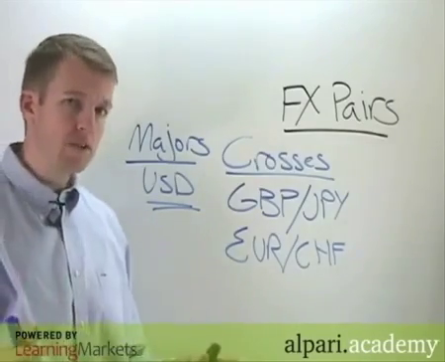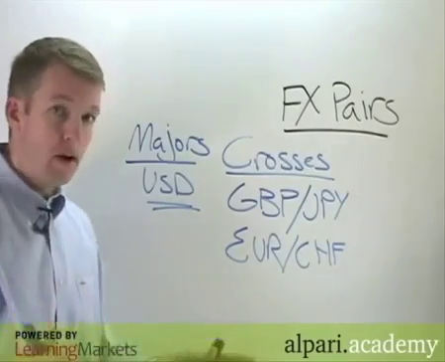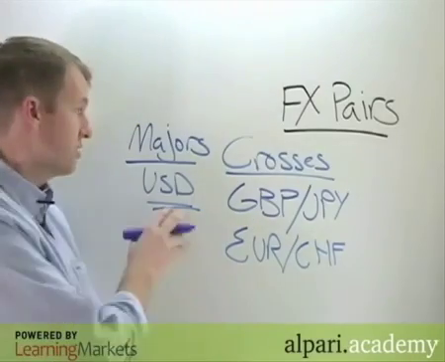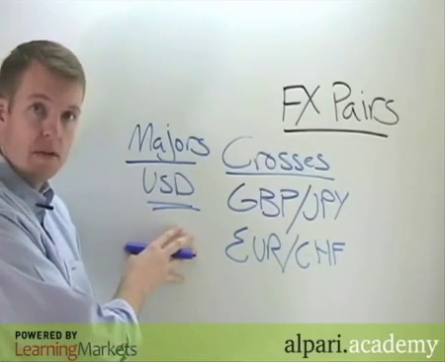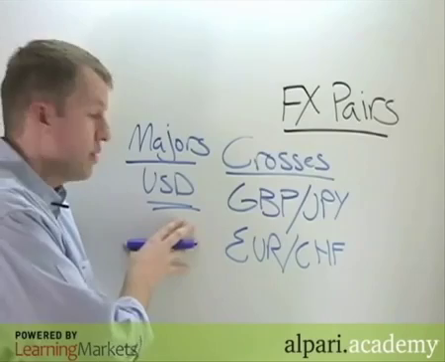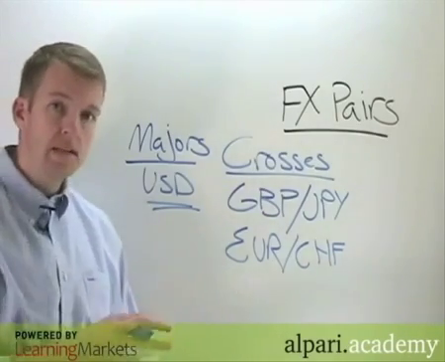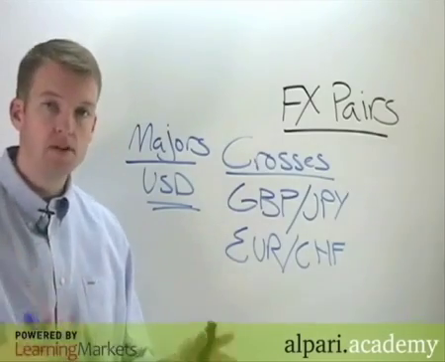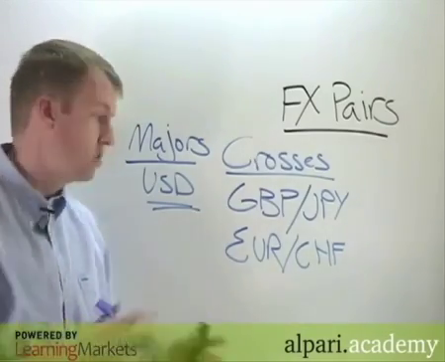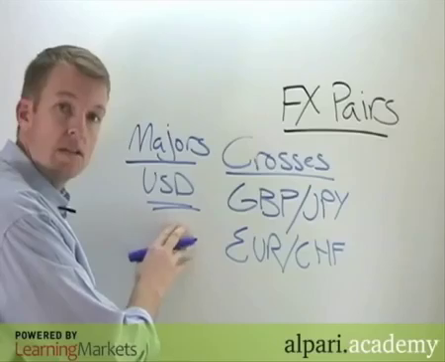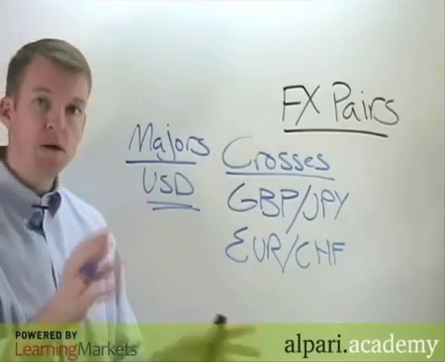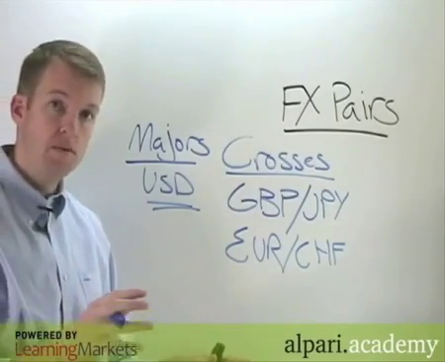Now, a couple of characteristics you should be aware of. There are benefits with liquidity. So for example, there's more liquidity in the majors because they're more actively traded. And this translates into a couple of benefits. The first of which is, of course, it's really easy to get execution even during periods of extreme market activity. So it's relatively easier to get your transactions filled in pretty much every market condition with the majors,